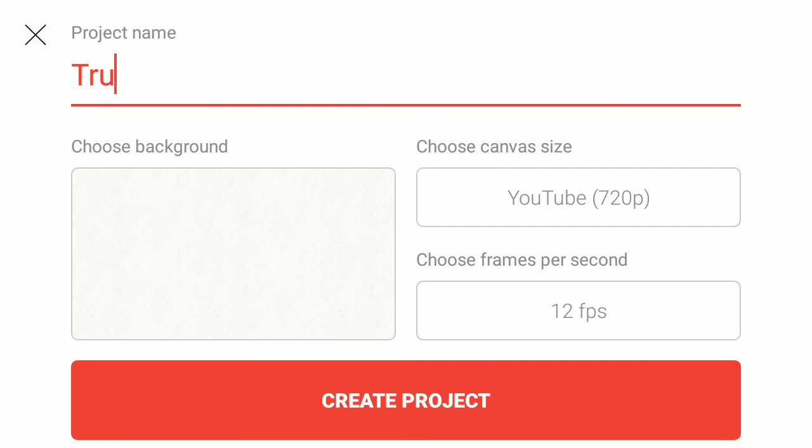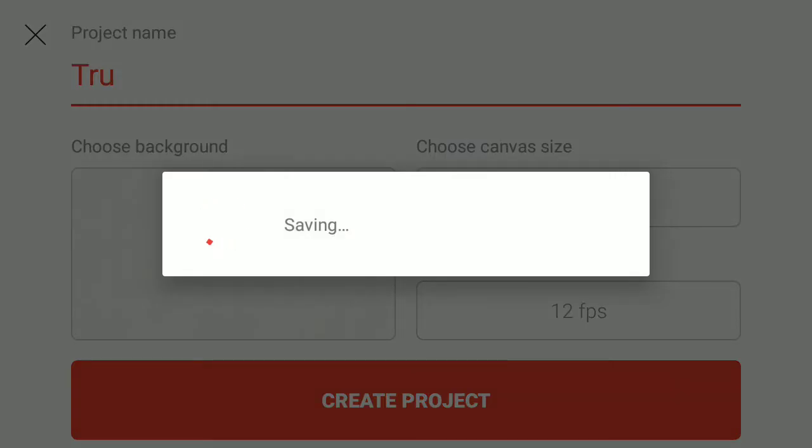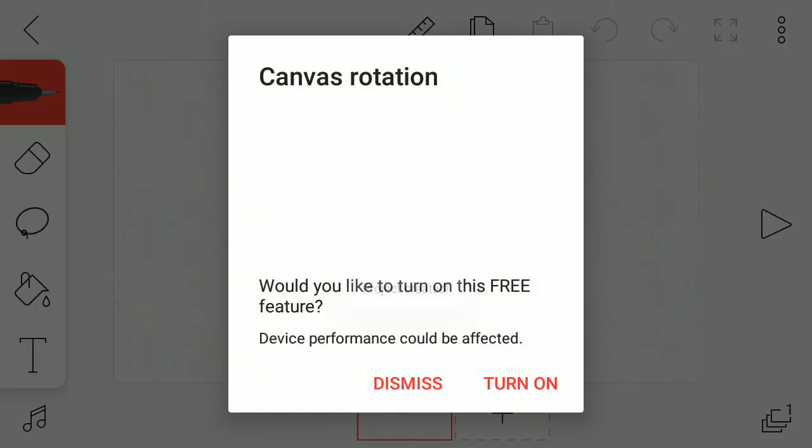So I'm going to just stick with 12 FPS for now. No, I don't need canvas rotation for now. Okay, so I could start drawing, I guess.